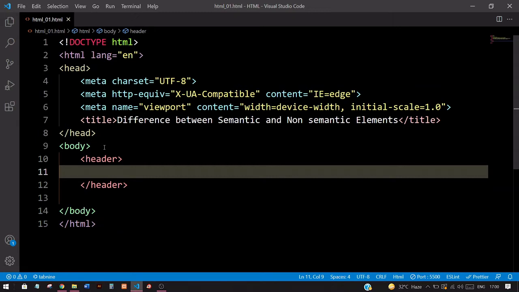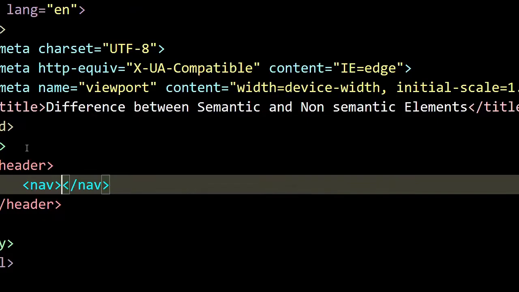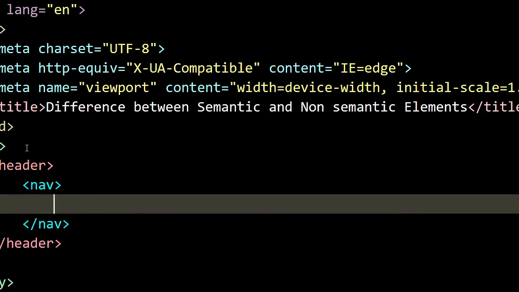You can also, going conventionally, just assume that it is the navigation bar only, but if we define it in HTML5 terms, then I would say it is better to define it under the header section. The whole navigation bar is good if it is defined under the header section. Okay, so here under the header section we can use the nav section. You must have an idea about nav.